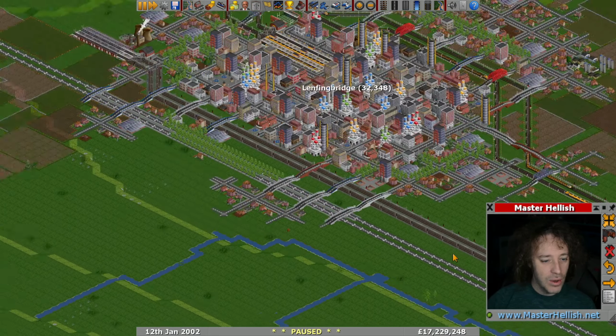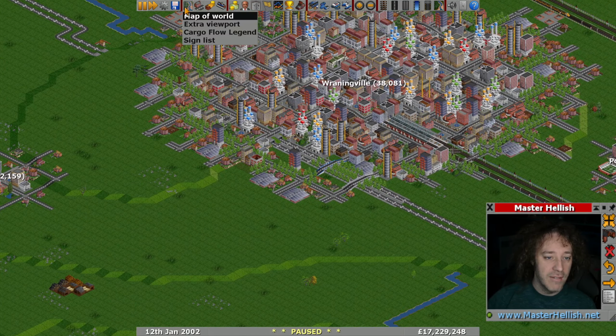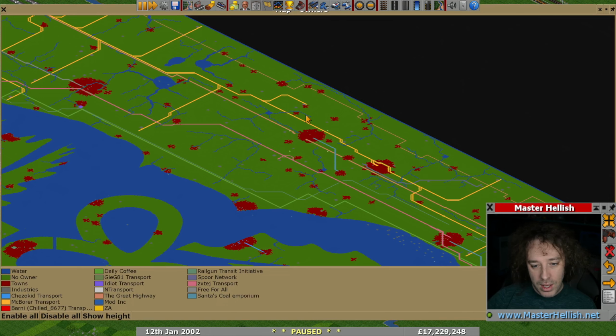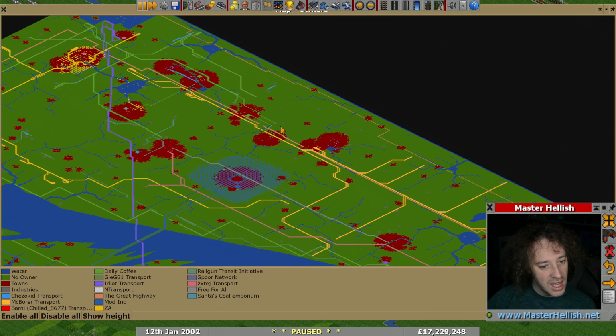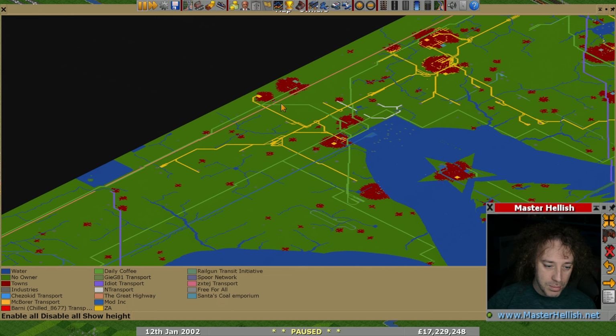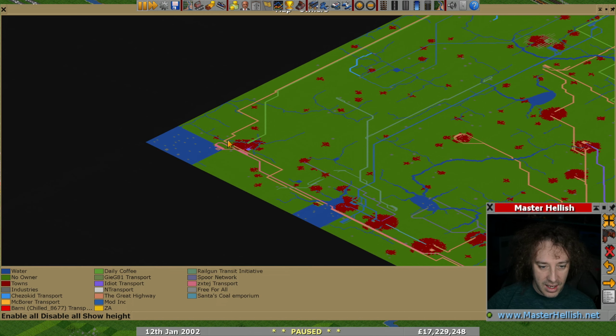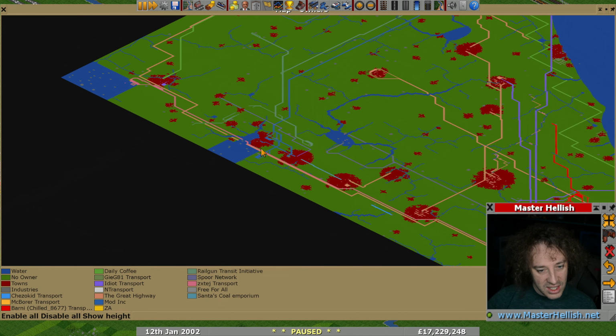But you can see it goes all the way around the edge of the map, and it was linked into some of the towns. In fact, if we look at the world map, we can see it here. It's this big streak line that goes around, and it was pretty much built by one player. All the way around. I don't know if it does actually interact with any of the towns, but I